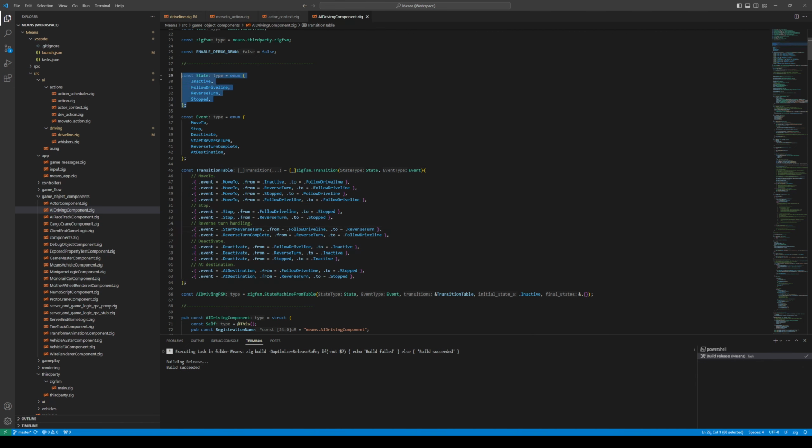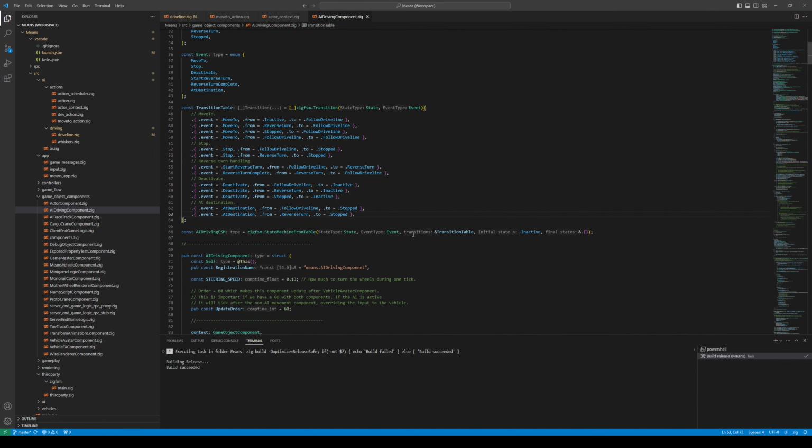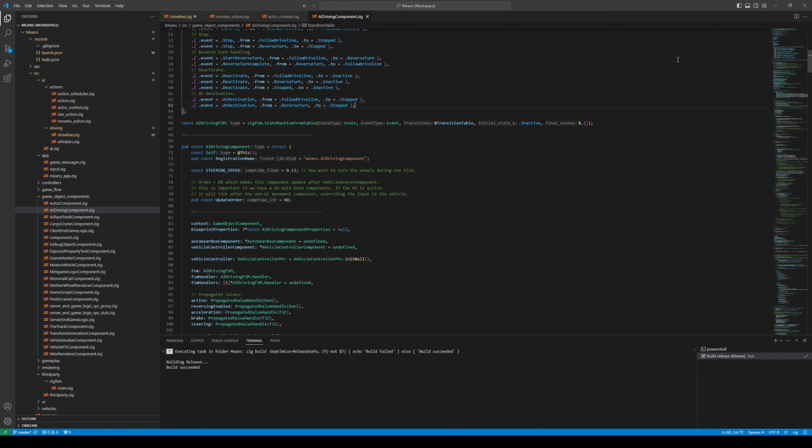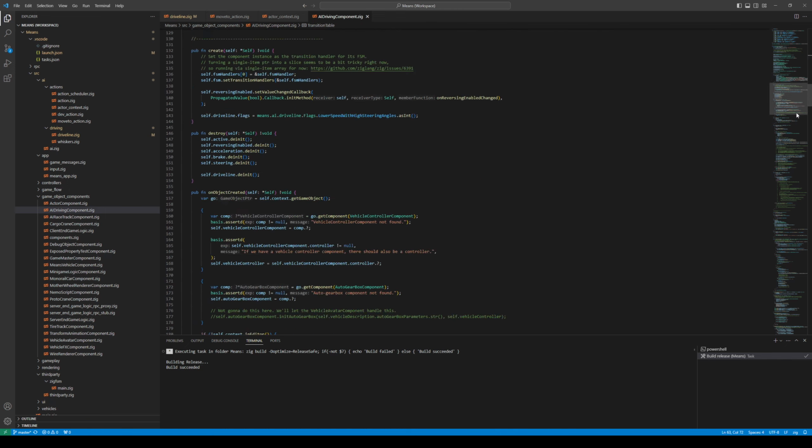So super nice. My states here, I have my events here. I call them actions. ZigFSM calls them events, but they're almost the same thing. And you can map the whole FSM into a table form like this, where you tell it, okay, there's an event, and if you are in the inactive state, then you go to the follow driveline state. And if you issue the move to event when you are in reverse turn, it also goes to the driveline state. And so this is the whole flow,